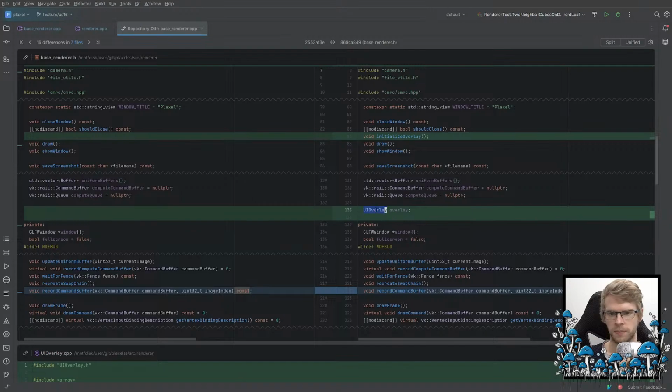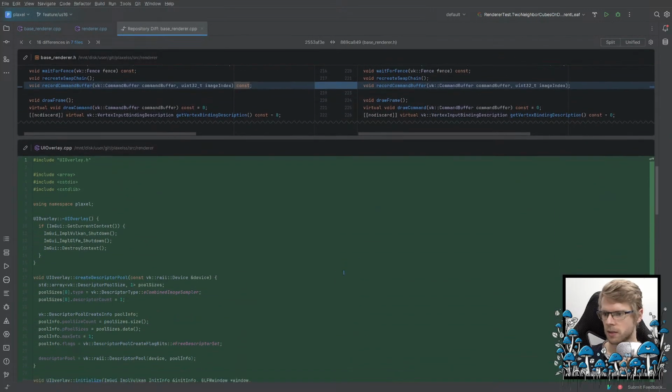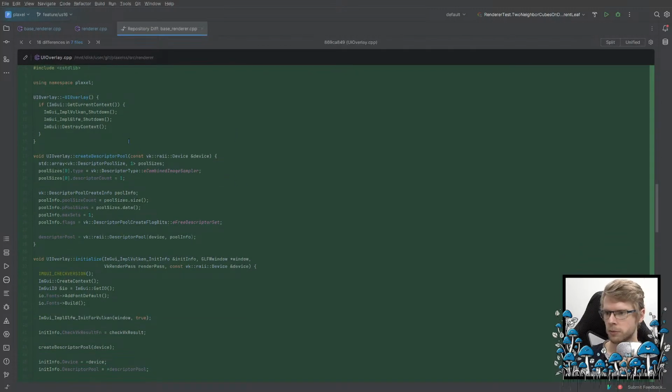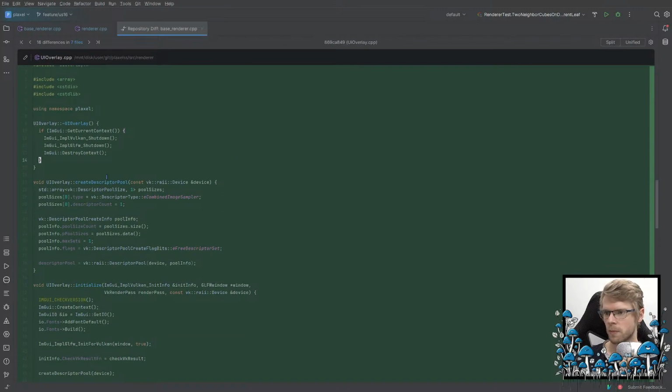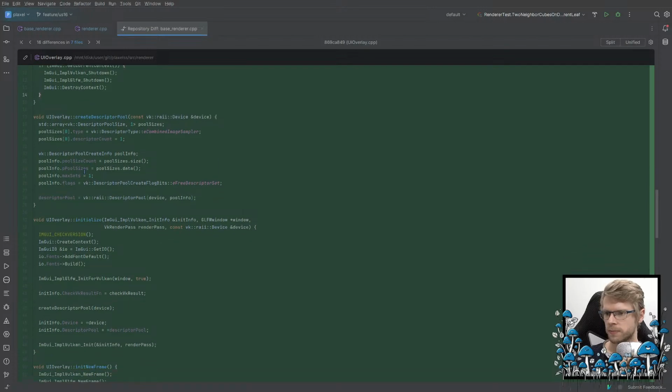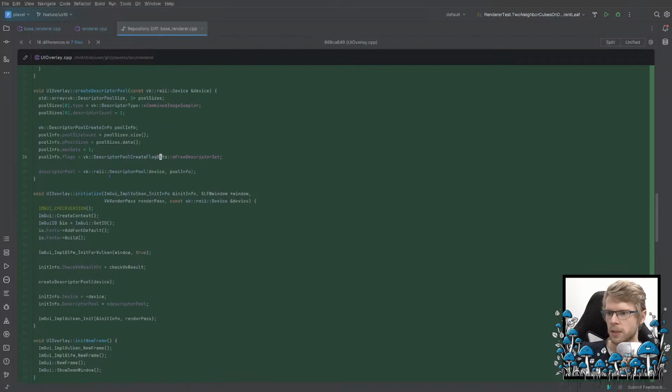This class here. And in this UI overlay class, I have to do this part, which is one of the complex stuff because